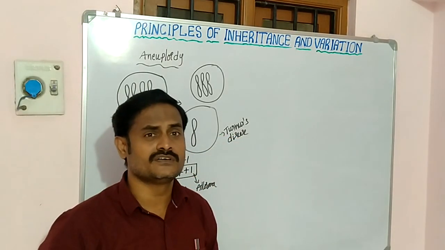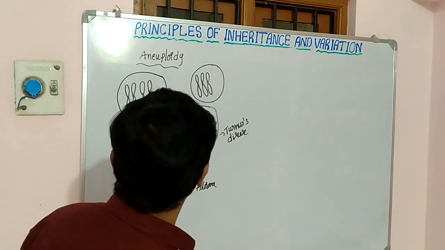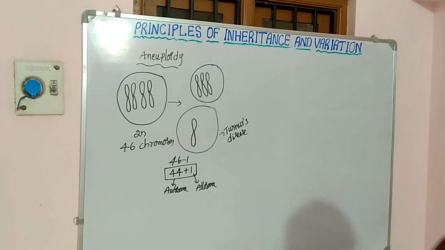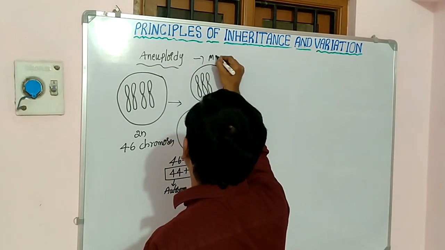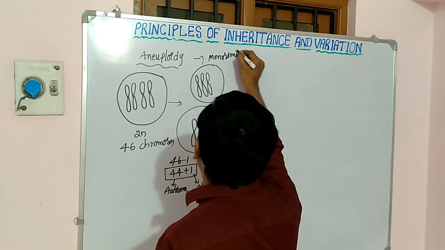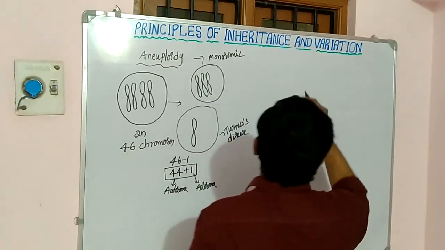This kind of aneuploidy is called monosomic aneuploidy. Then the second type of change is called